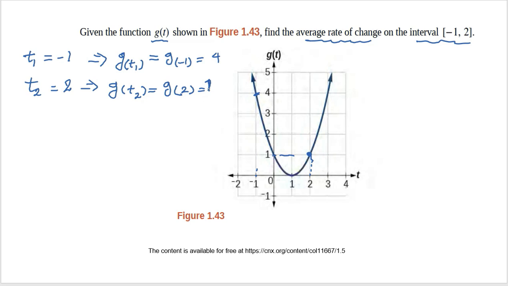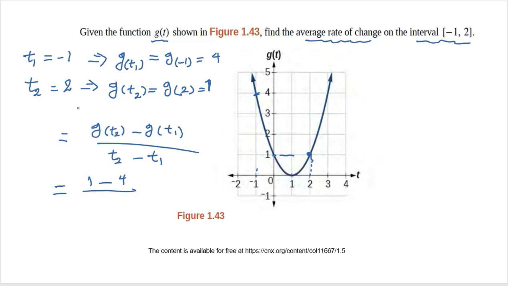So average rate of change is equal to g of t2 minus g of t1 over t2 minus t1. It's equal to 1 minus 4 over 2 minus -1, and that's equal to -3 over 3